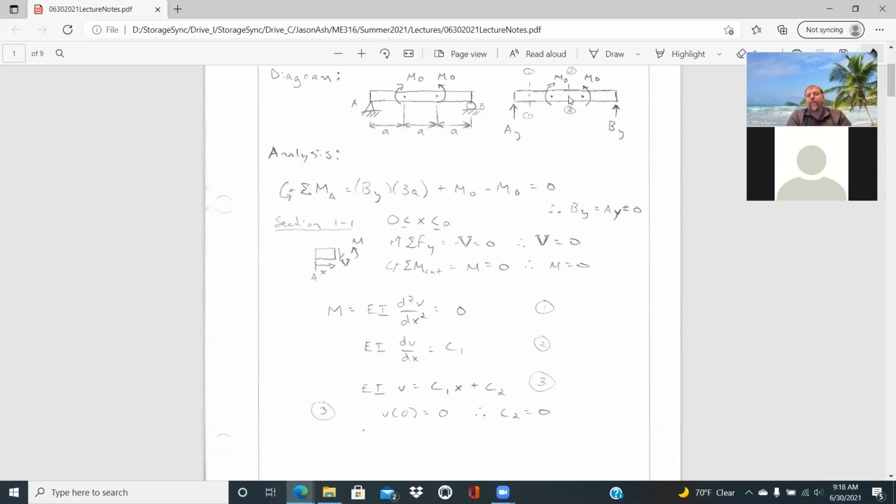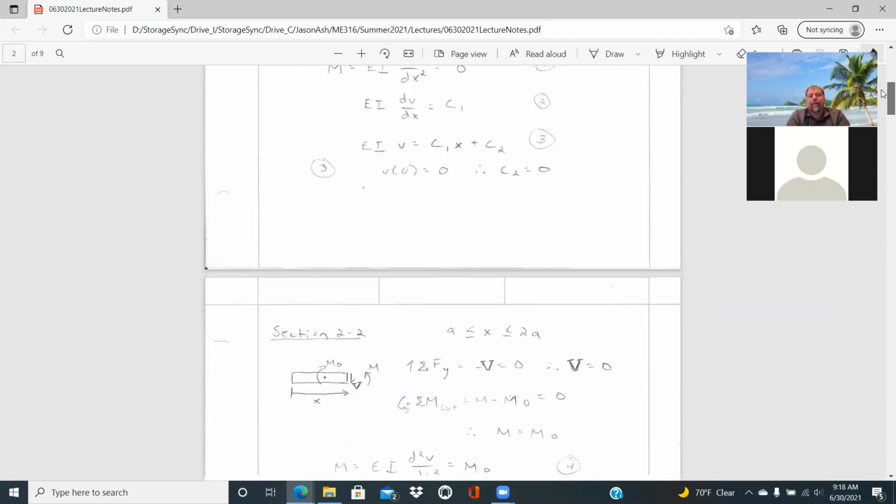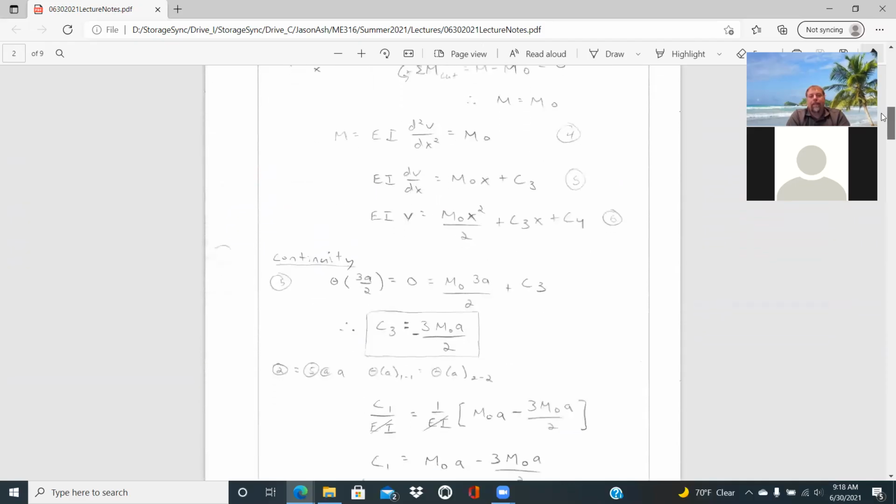And so what you know when there's something symmetric like this is that the slope at that center point has to be equal to 0. And so that's 1.5 times a, or 3a over 2 for that x location. And so that's the first continuity condition, just to satisfy the beam not becoming disconnected, or having an awkward